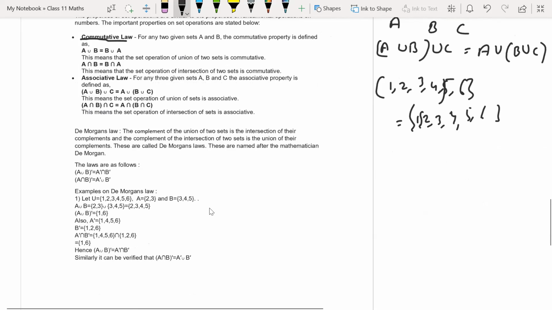Next is De Morgan's law. What does De Morgan's law state? It states that the complement of union of two sets is the intersection of their complements. And the complement of intersection of two sets is the union of their complements. This is De Morgan's law. It's named after the mathematician De Morgan. Let's consider it with the help of an example. This law states that